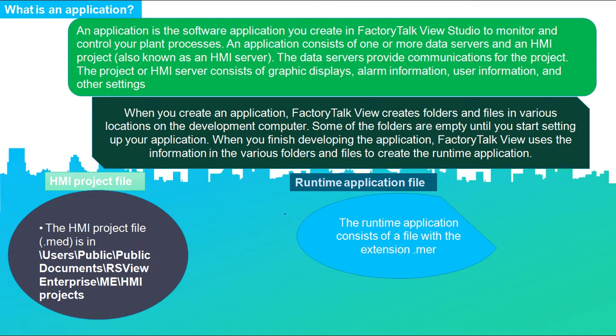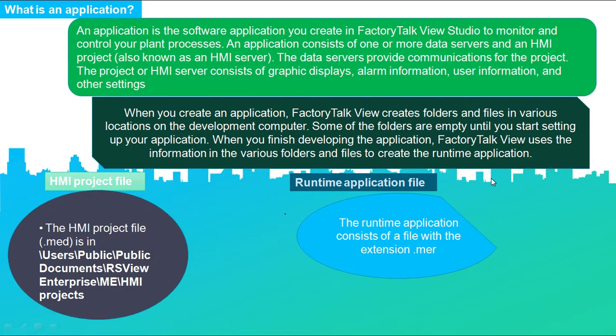When you create an application, FactoryTalk View creates folders and files in various locations on the development computer. Some of the folders are empty until you start setting up your application, so initially it is blank. Once you start developing different screens, panels and buttons, they start to fill. When you finish developing the application, FactoryTalk View uses the information in the various folders and files to create a